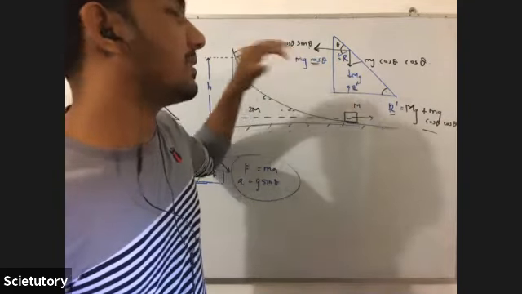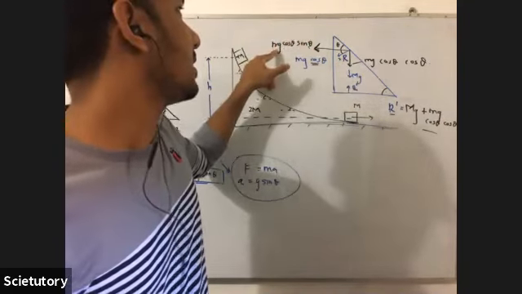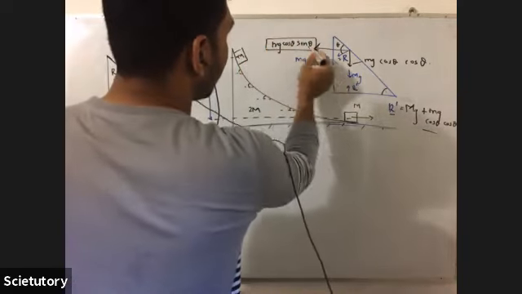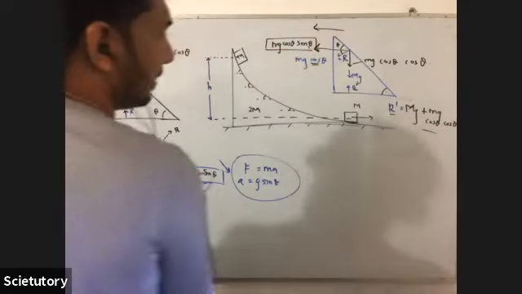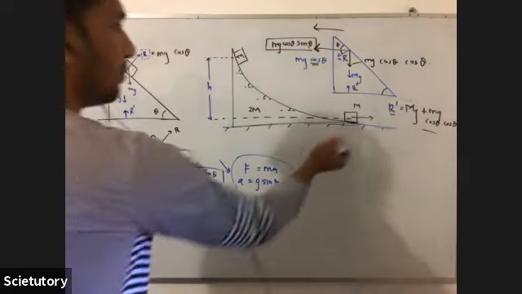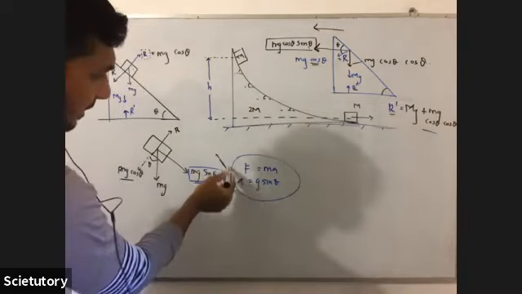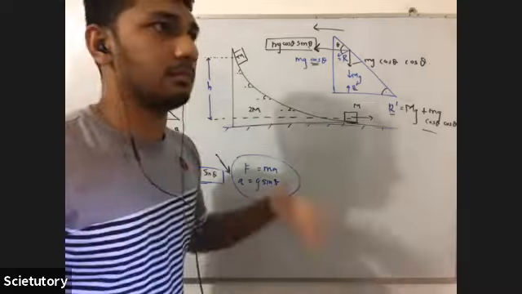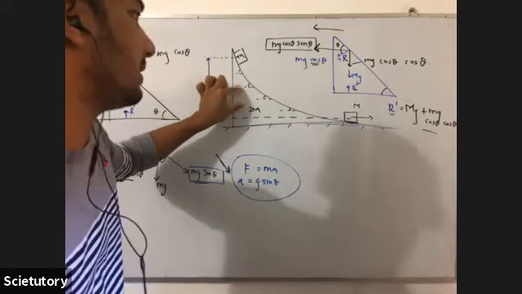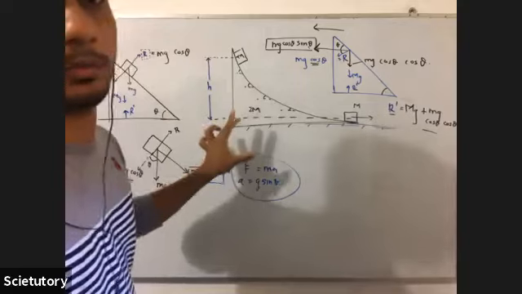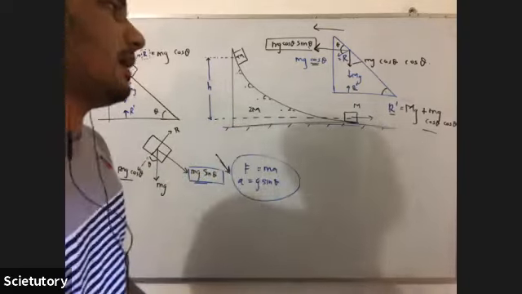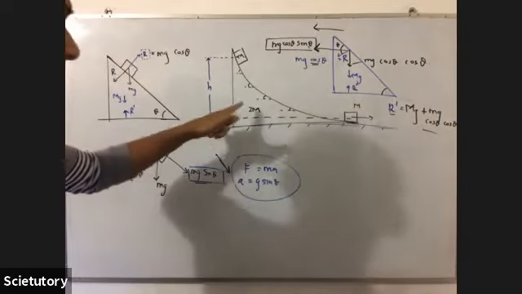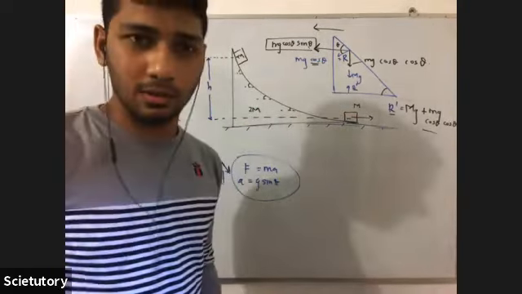These are balanced. What's the remaining one? mg cos theta sin theta. So it's going to accelerate in this horizontal direction, and our block is accelerating in this direction. So you cannot exclude the movement of this inclined plane. It will move. So when this block leaves the inclined plane, this 2m and m will have two